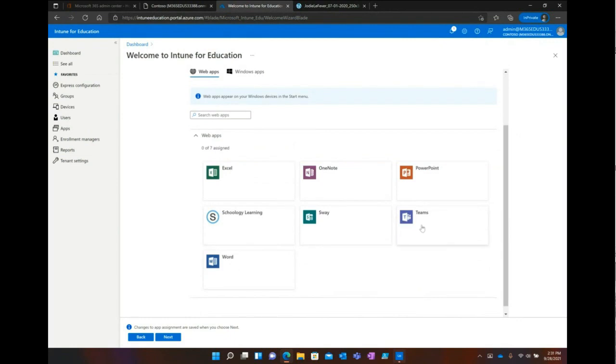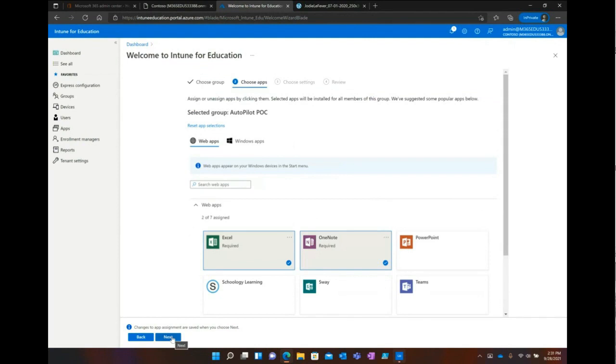A lot of times these lower cost hero devices might not be the most powerful, so we try to limit the actual full installs we do on them, because these kids are used to using web apps, right? And I shouldn't say kids and staff. And you guys have been giving them Chromebooks for a while. They're doing everything on the web. So this is just another quick and easy way to make sure things are available right when they log onto the device, maybe even while apps come down in the background.